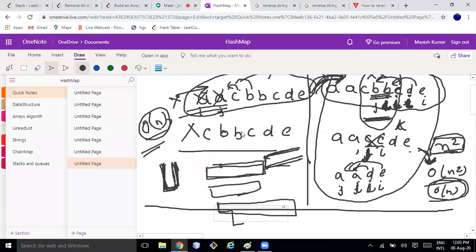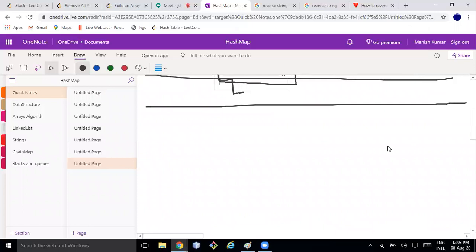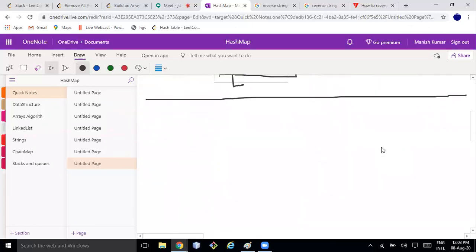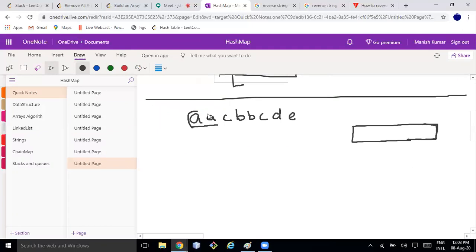So what I'm going to do, I moved one step further. Now I have A, C, B, B, C, D, and E. This is the one array, and I will use one extra array, and I want to compare and write. That's cool. So I'll compare this with this. Both are equal, so I won't add. I'll compare this C and B, not equal, then I'll add C here, B here.